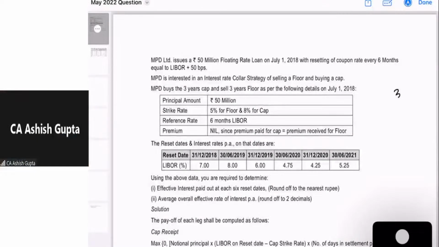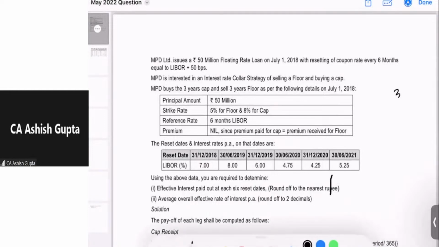Okay, students. Now, actually, you have gone through the assignment. Now, there was one question that has been left out that I thought I should discuss with you. Now, students, this question is from an earlier CA final examination. This question is a combination of two options that is called collar. Okay. Now, in this question, see what happens. If you read the question on your screen, just take 2 minutes and read it. Of course, we will add it in your assignment.